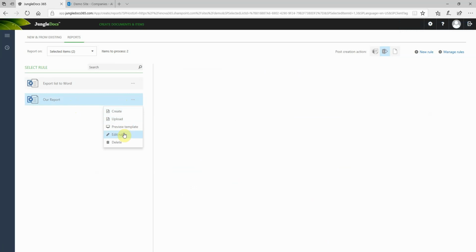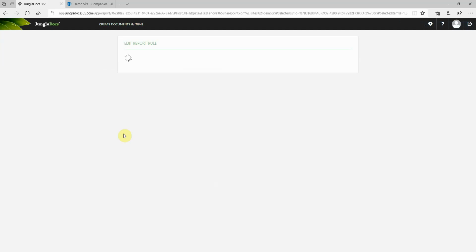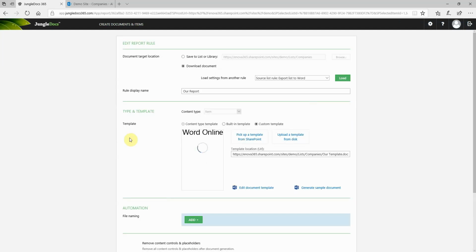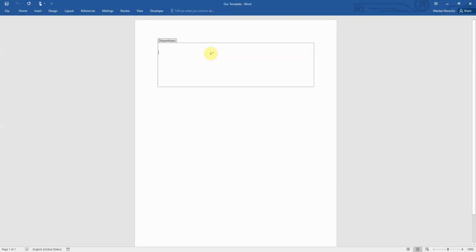So click Edit Rule, Edit Document Template. Here we have our report items section where the selected list items will be displayed. This content control will be repeated as many times as the items you have selected in your list. This is something we refer to as a repeating section. It is important to remember that if you do not select any items, the repeating section will display the whole